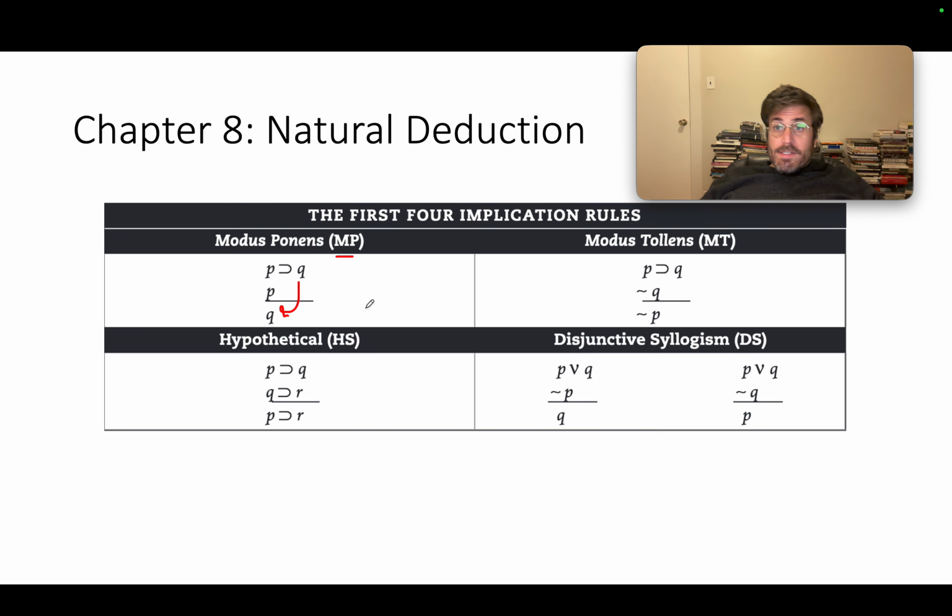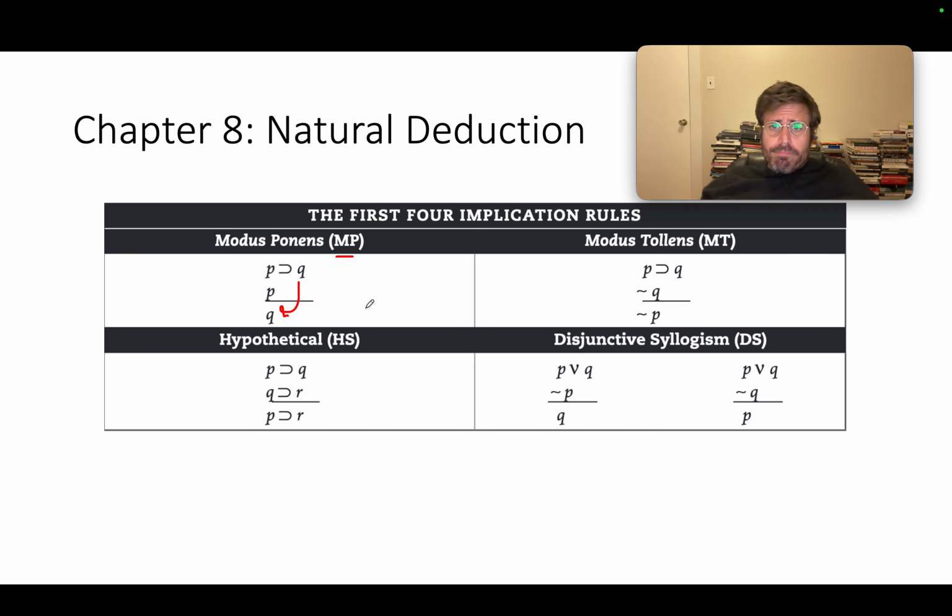So modus ponens is a very high frequency rule that we will employ regularly throughout the chapter. So I really urge you to have it under your belt. Try to write it down a lot, and it's very useful to be able to know it when you see it, and to be able to play with it and to plug it in